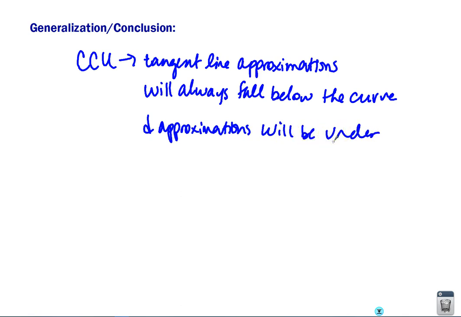If your function is concave down, it'll be the exact opposite. Tangent line approximations will always fall